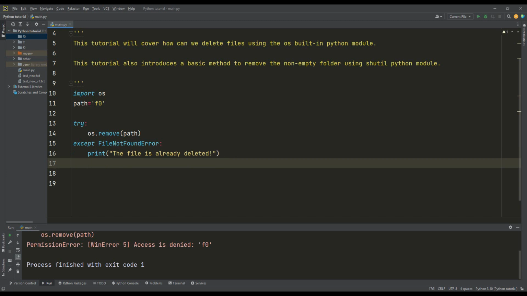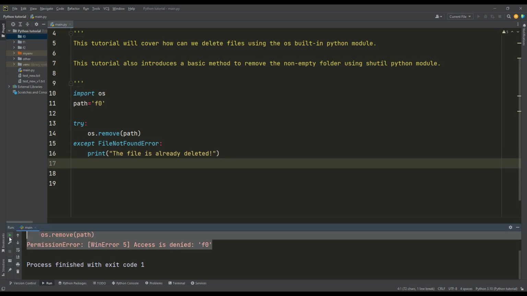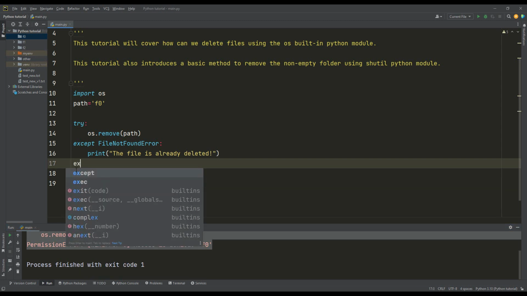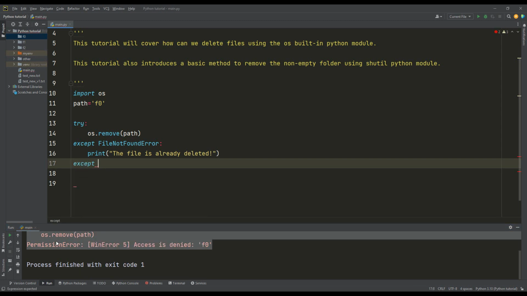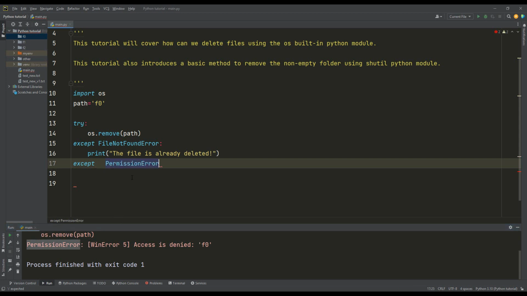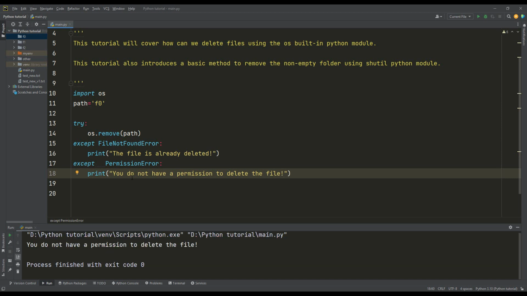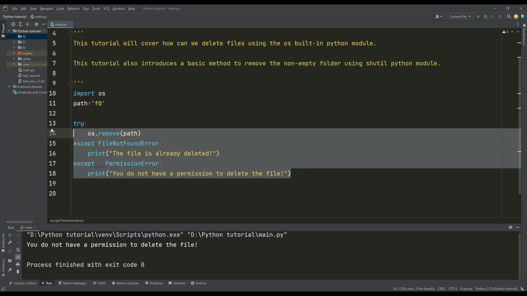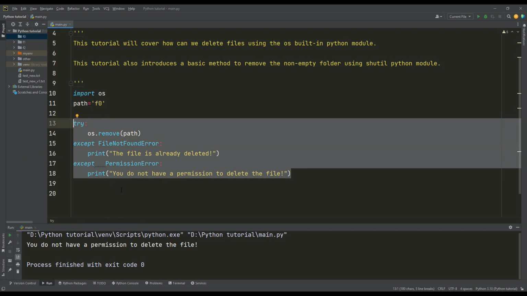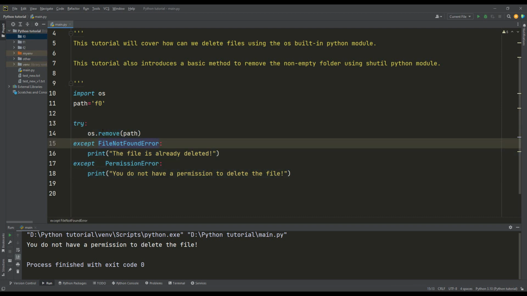To avoid this error from being raised, I can use another exception. So I can say except and I copy the permission error. Then I print a message to say that you don't have permission to delete the file. And we can run again. Now I don't have the permission to delete the empty folder using os.remove,